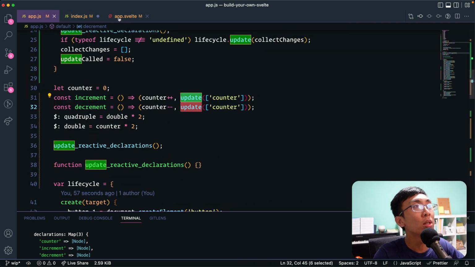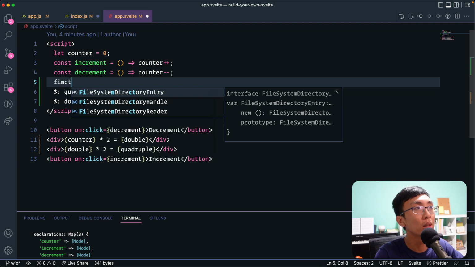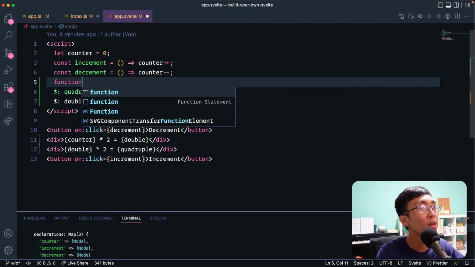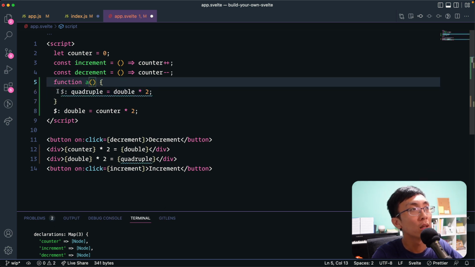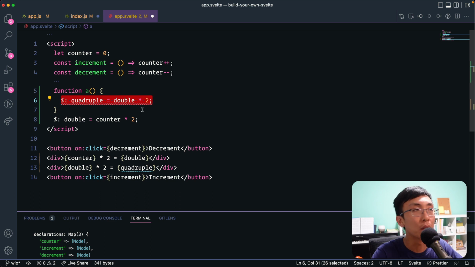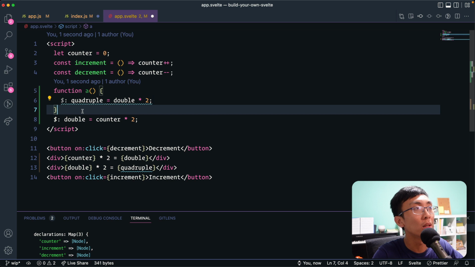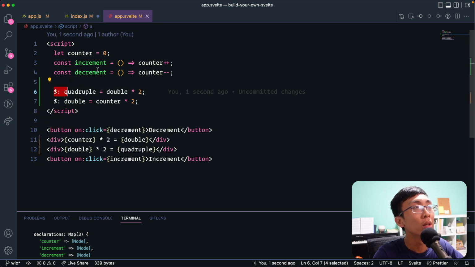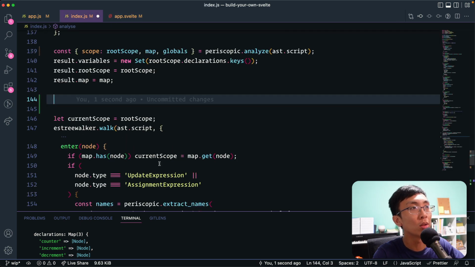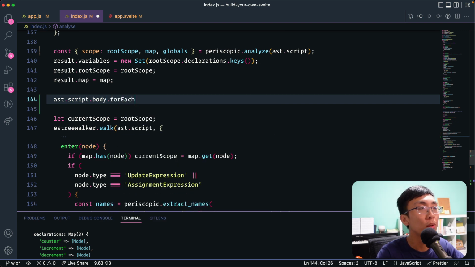The reactive declarations is always in the body, right? If you have a function like this, and then you have this dollar syntax inside, then this is not a reactive declaration. We don't really care. It has no effect besides the top level, which is here. So in the AST, when you have it here, it's directly in the body. So we can actually look at body.forEach